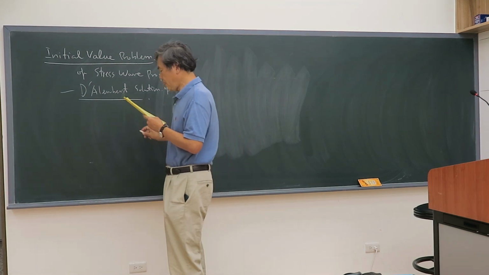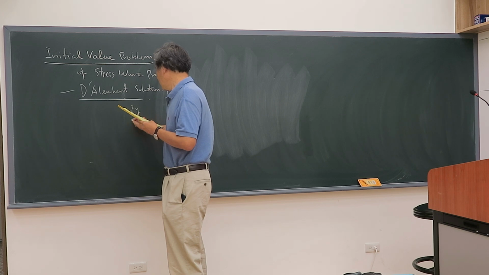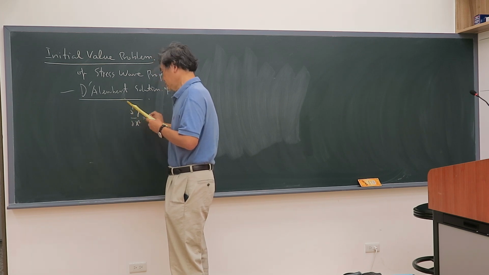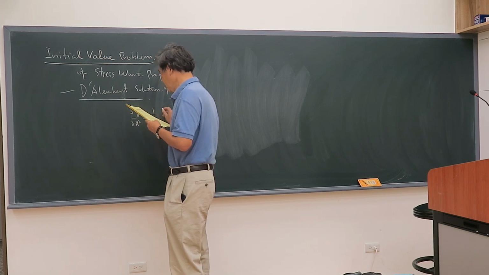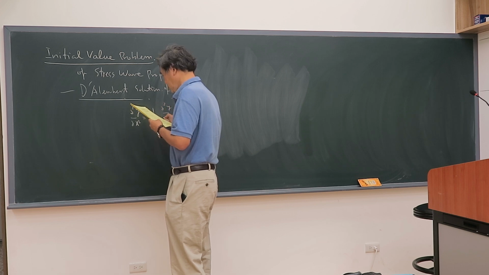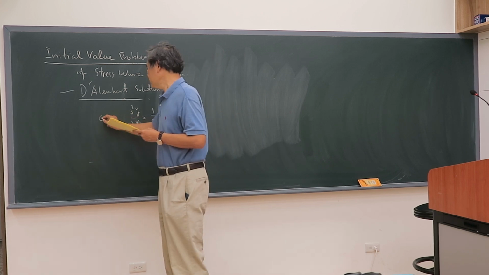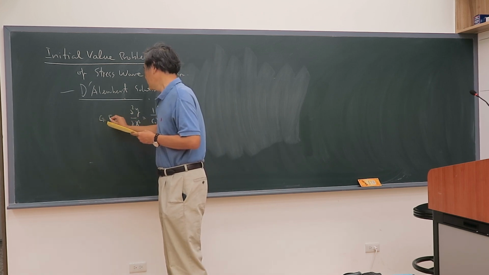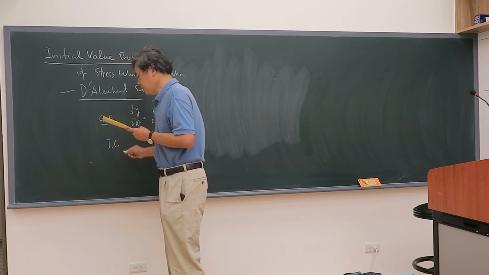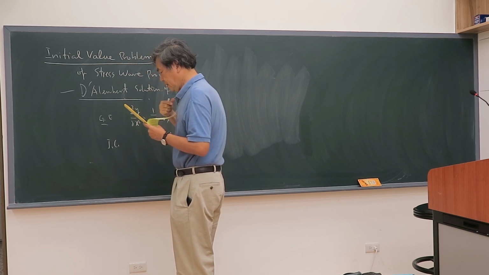Equation 1 is partial y, partial x squared equal to 1 over c0 squared, partial y, partial t squared. Okay, this is the wave equation. And my initial condition is I give